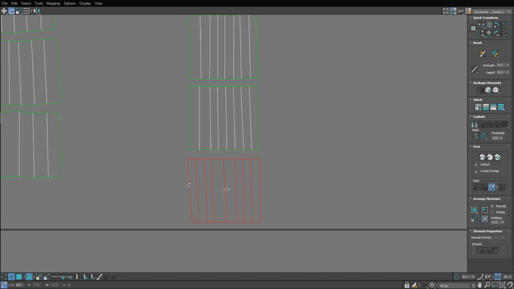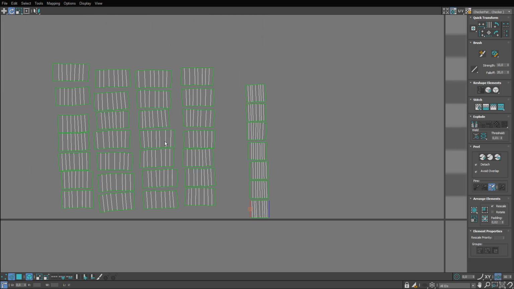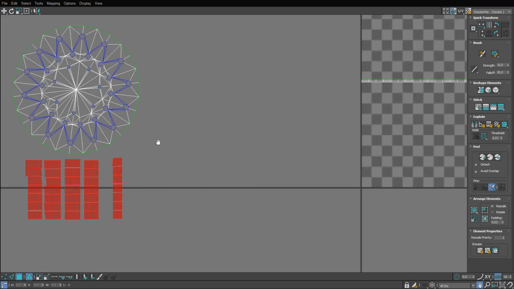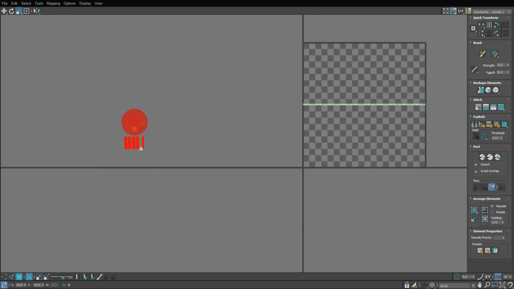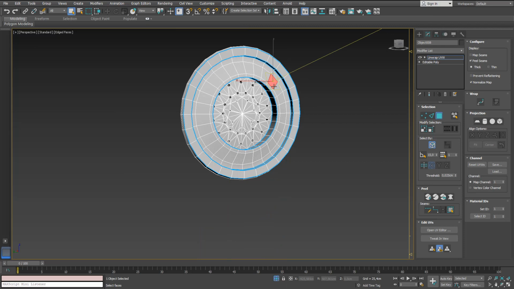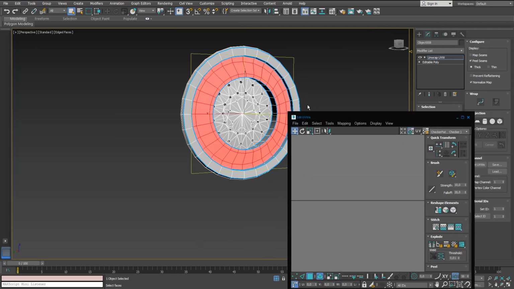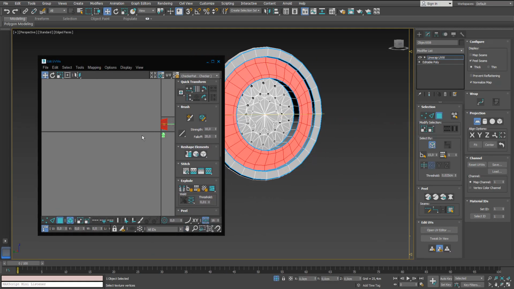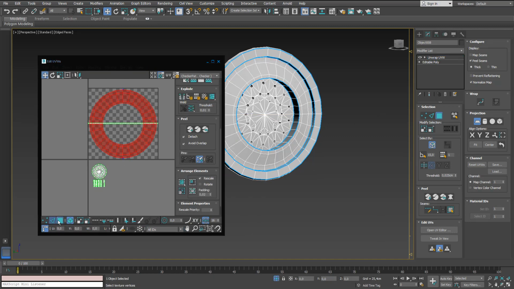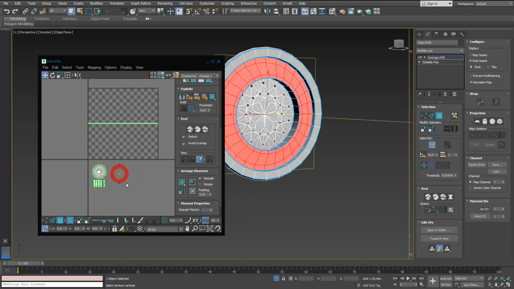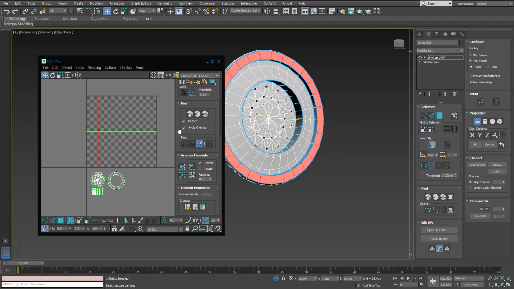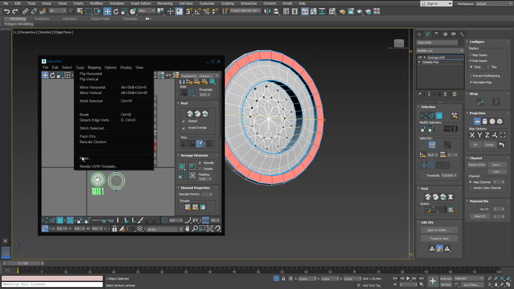Probably this is going to take longer than it needs to, but in the end I believe it's going to be worth it, because even though it's going to take 2 or 3 minutes, it's a nice addition. And even though the poly count is going to be a little bit higher since I used that, I believe that it's going to make the process of texturing easier for